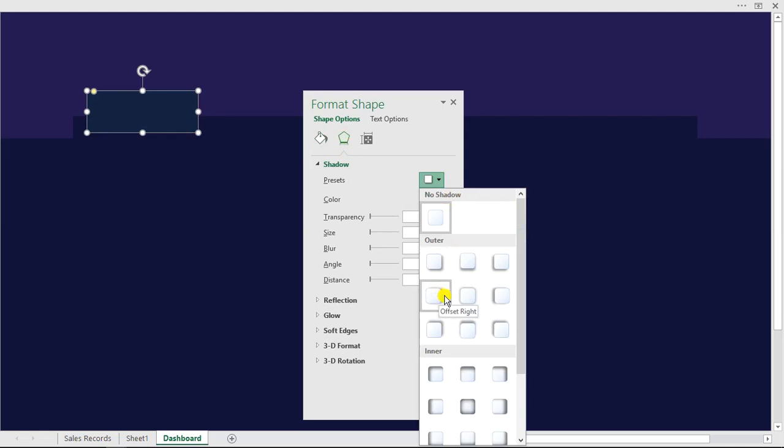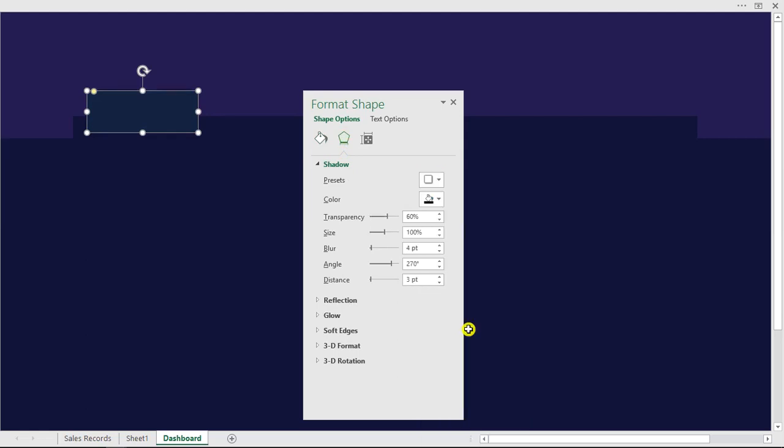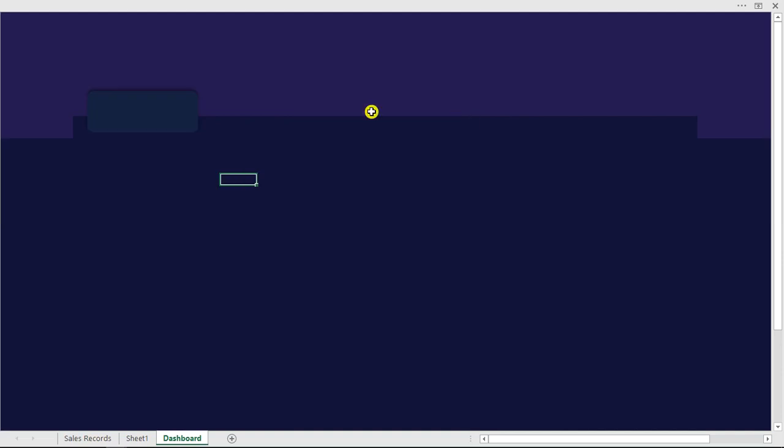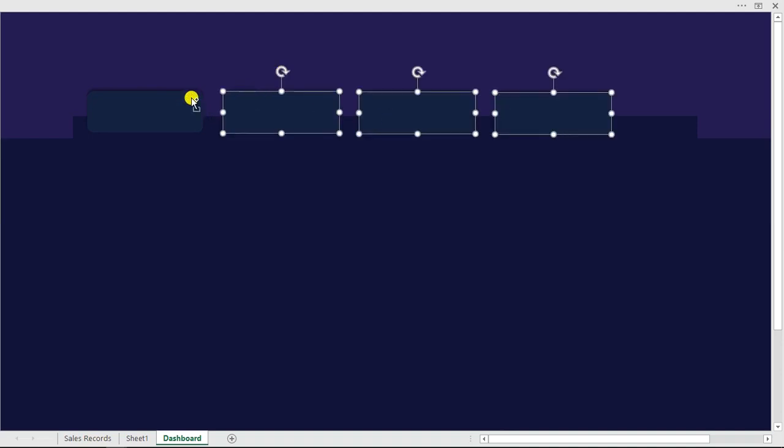So I'm gonna go ahead and go to my shape effect right here, and go to shadow, and from shadow I'm gonna pick this particular type of shadow. So now, I think I'm done with this for now. So what I'm gonna do is just deselect this from here and make sure I make it bigger than what it is. So if I get to duplicate this